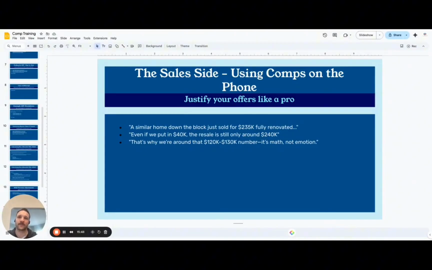Another tool in your tool belt is using the comps to justify your offer. You can mention, hey, a similar home down the block just sold for 235, fully renovated. In our estimation, to bring this up to 2025 standards, it would take 60 grand. So for us, we really need to pick this up around 105, 110, whatever the number is. For us, it's just math. It's not emotion.